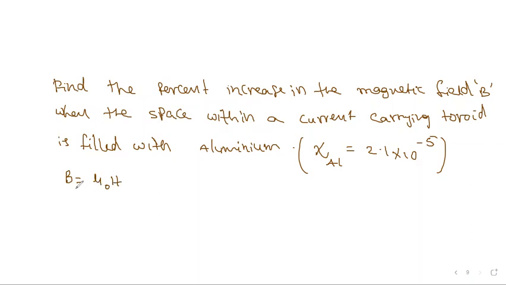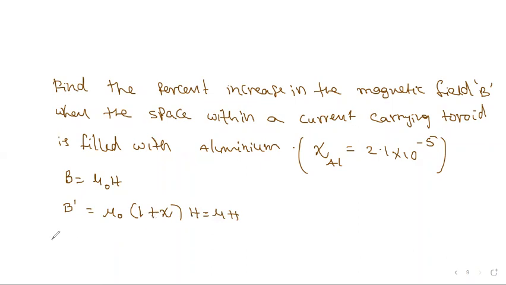So in vacuum it is B equal to mu naught into H only. But when aluminum is placed, then this will be mu naught into 1 plus chi into H, because the relative permeability value you have to write here. We already derived that the relative permeability is 1 plus chi. So this is simply mu H only. Mu means mu naught into mu r you have to write. In place of mu r we have written 1 plus chi.